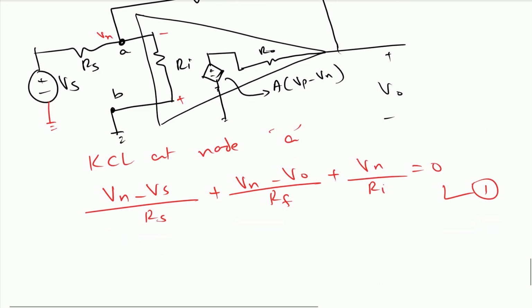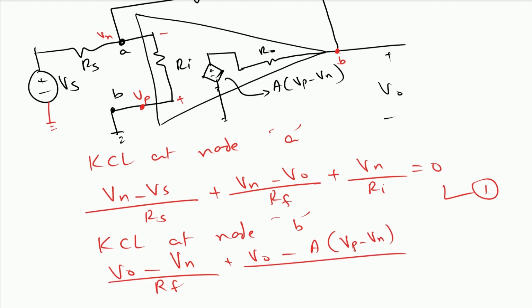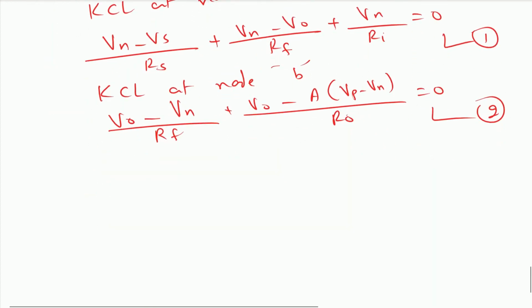Now also if I apply Kirchhoff's current law at node B, which is at our output, then that is (V naught minus Vn) divided by Rf plus (V naught minus A times (Vp minus Vn)) divided by R naught, and that is equal to 0. So we have two equations available here. Now if I rearrange these two equations,